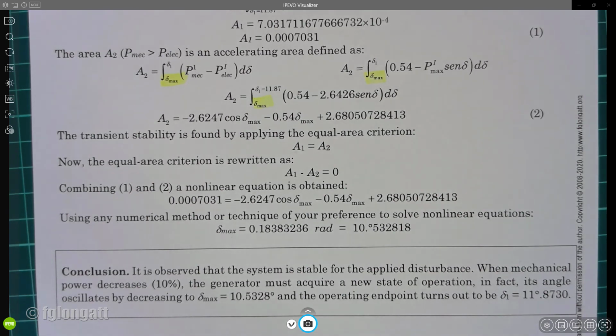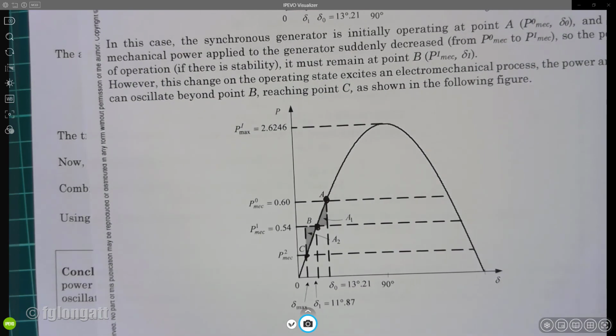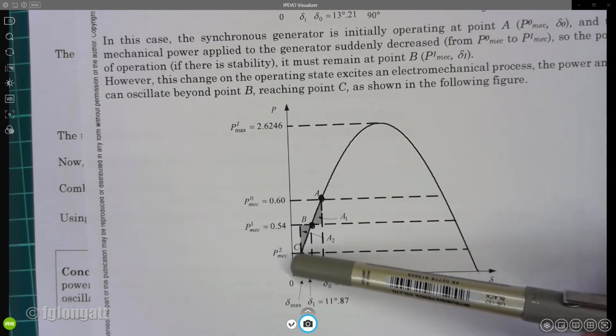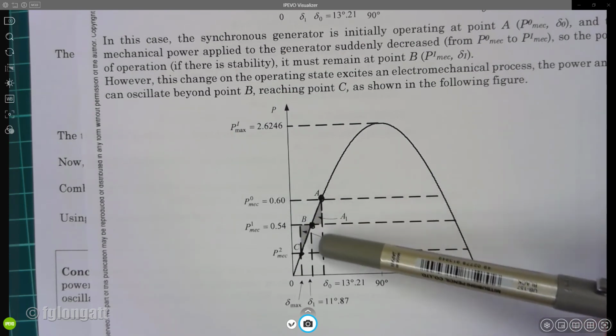What we need to understand here is that the power angle will oscillate, and the maximum oscillation will reach 10.53 degrees. But the final operating point will be 11.87. What I'm trying to say is that 10.5 will be the maximum oscillation, but the final operating point will be